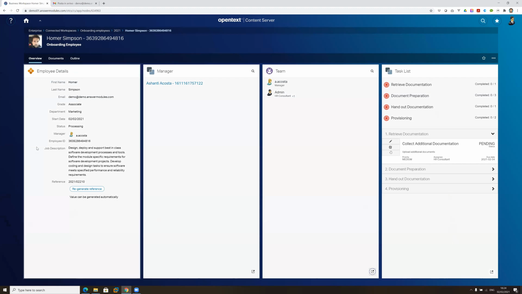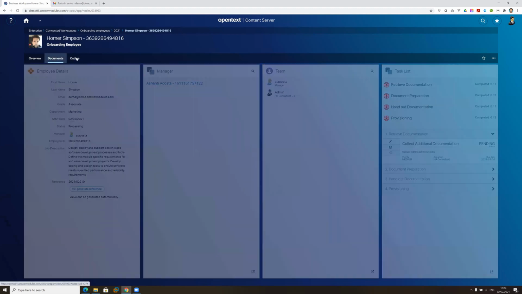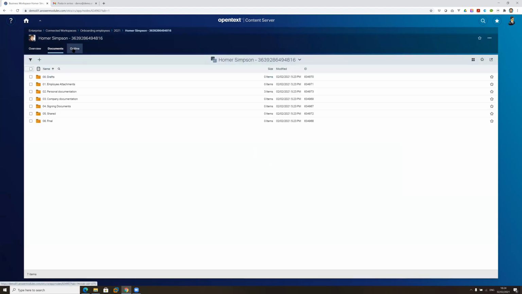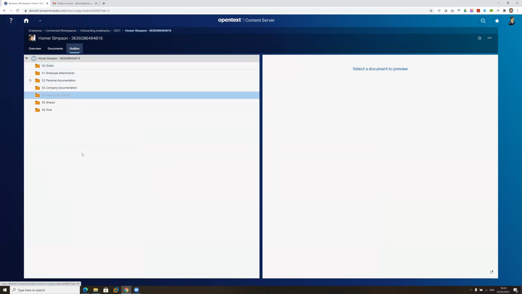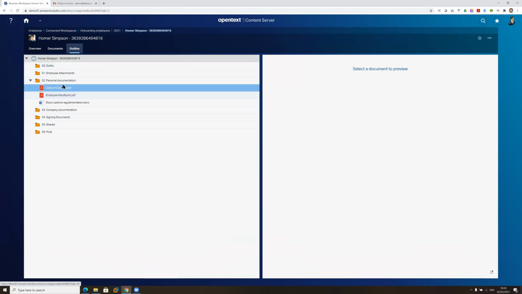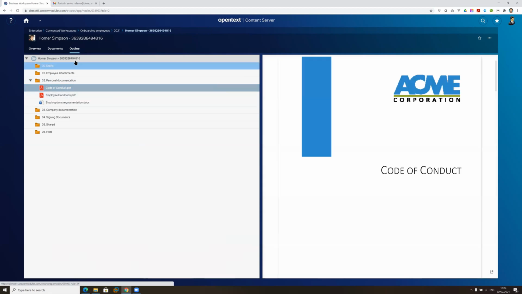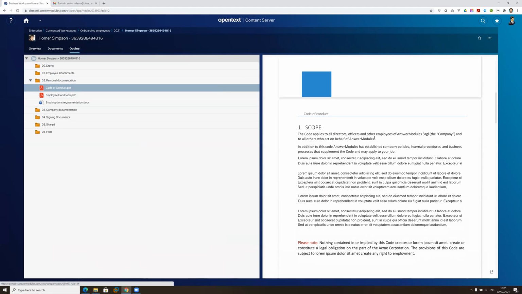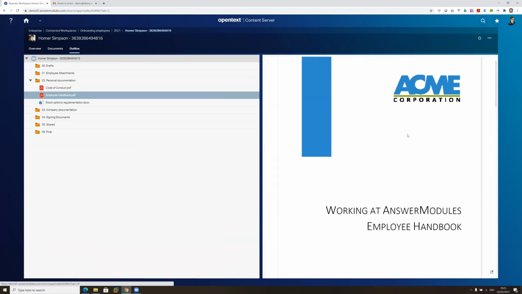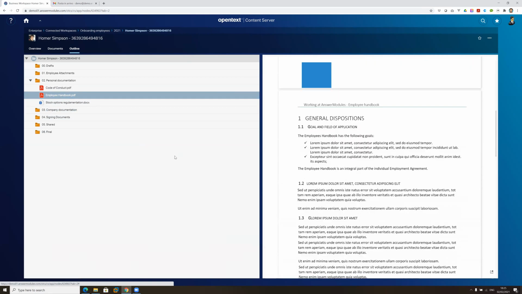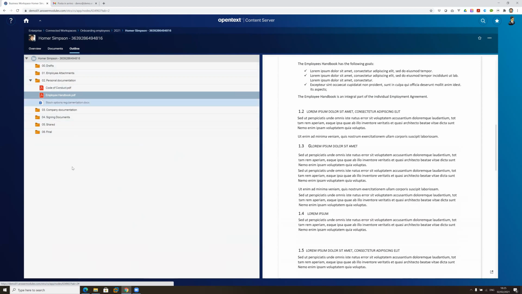The perspective also offers us the possibility to look at the documents and to have a view over all the documents that have been created for this workspace. So a bunch of documents have already been created. We have the code of conduct and the employee handbook. I can look at them and I can utilize this very convenient tree view to inspect all the content of my